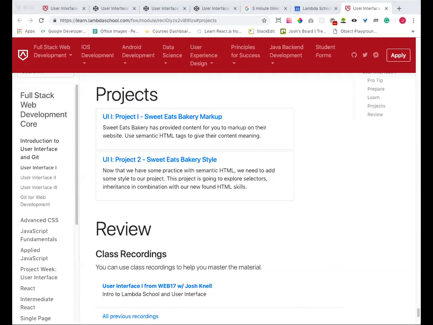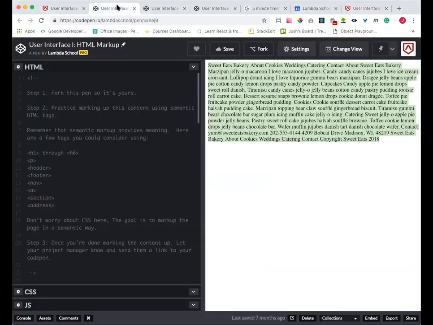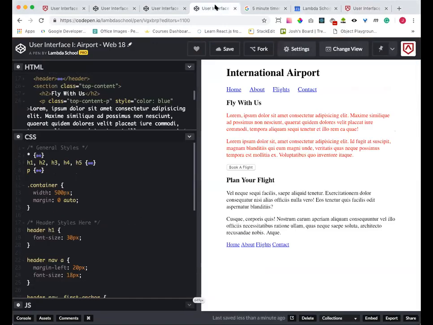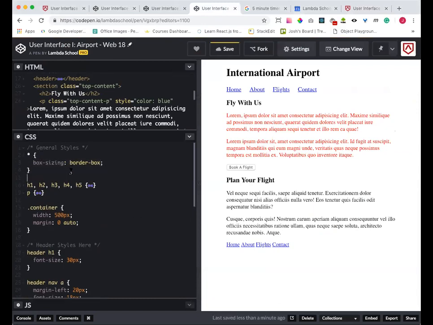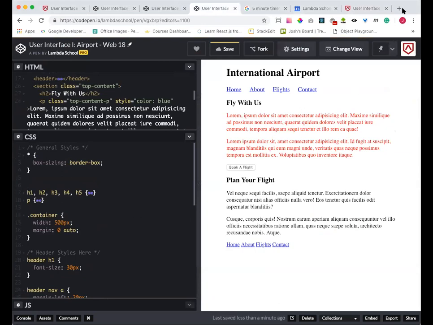Let's see. William says, I was taught the star selector should be used with box sizing inherit, and the box sizing border box should go in the body HTML selector. Is that wrong? Are we using pixels instead of rems, ems? You're getting too far ahead. Yes, you are. But I love it. That just shows me that you're ready, William. So, William, coming back to your first question with the star selector, actually, box sizing border box, usually, if we were to Google,